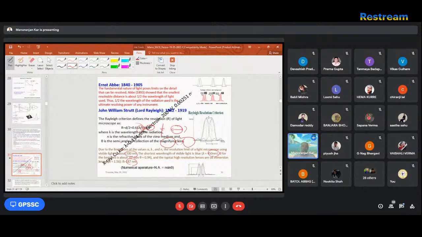So then people thought, if it is only the wavelength, I can take a different wavelength. The X-ray wavelength is much less than the visible, and ultraviolet is in between also. So it is in the range of 0.01 to 10 nanometer. If you take the copper K alpha, only 0.15, then your resolution will be very, very low, simply think about it by 2. It was 200 nanometer for visible light, but I can go up to 0.07 nanometer if I use the copper K alpha